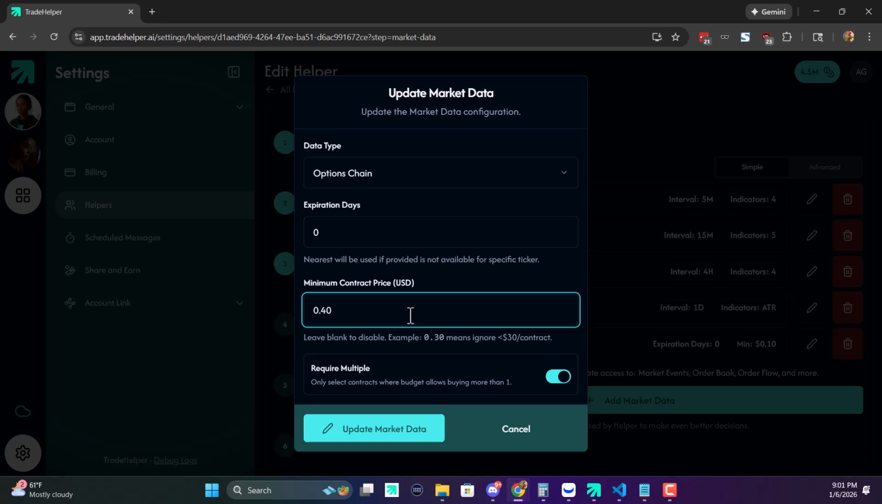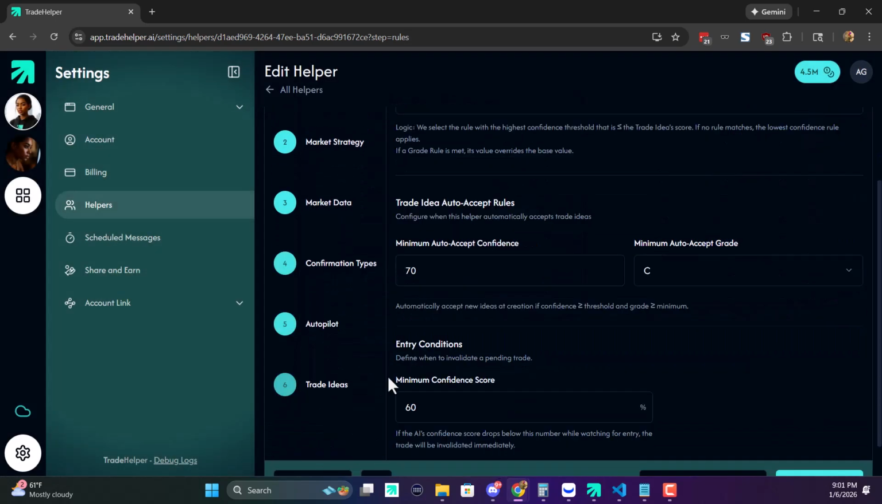So make sure if you're on a small account, just make sure you have this set to something lower. You feel me? And you turn this off. You know, you can have this set to like $30, right? And then you just turn this off. And so you can buy just one cheap contract. You feel me? That's simple. All right. But yeah, in your budget rules,